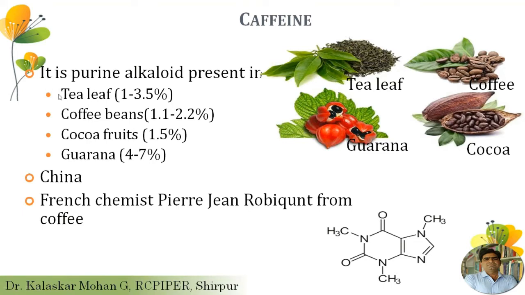Tea was introduced to the world by Chinese Emperor Shen Yu, and later on coffee came into existence from the South African region, and it also became one of the popular beverages which contain caffeine. The effect of coffee fascinated the French chemist Pierre Jean, who attempted to isolate for the first time the pure phytoconstituent present in coffee, that is caffeine. Caffeine is a purine base, also known as a xanthine derivative, which is 1,3,7 trimethyl xanthine.